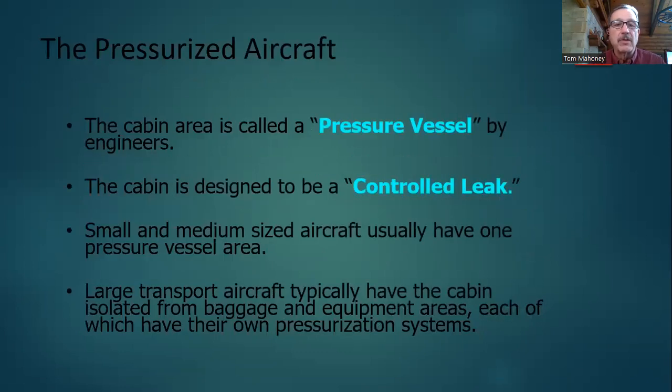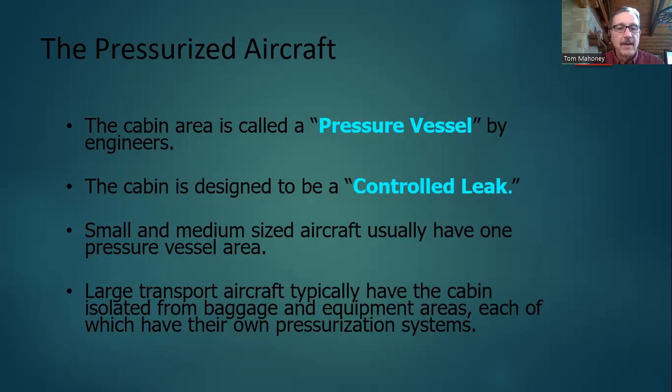So the pressurized aircraft use what we call a pressure vessel, easy for you guys to say, pressure vessel, and that's what we call the cabin that we are sitting in. The term developed by engineers. The cabin is designed to be a controlled leak, so air is always going to be leaking out. The question is, can we pump enough air into it fast enough to be able to control the cabin altitude, and maintain it 8,000 foot or below as an altitude that we can operate and function in as humans